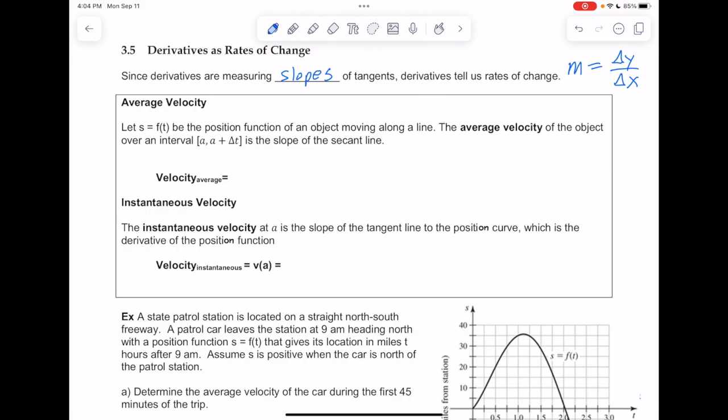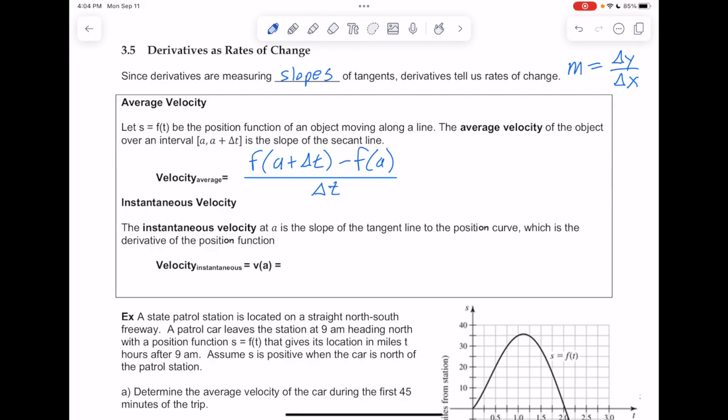So we started off the chapter talking about velocity as an application, so we'll start there as our first application of the derivative. Let s equal f of t be the position function of an object moving along a line. The average velocity of the object over an interval from a to a plus delta t is the slope of the secant line. So average velocity would be f of a plus delta t minus f of a,